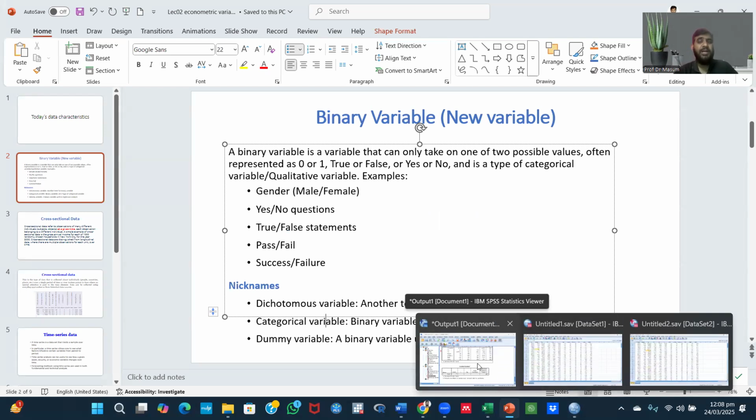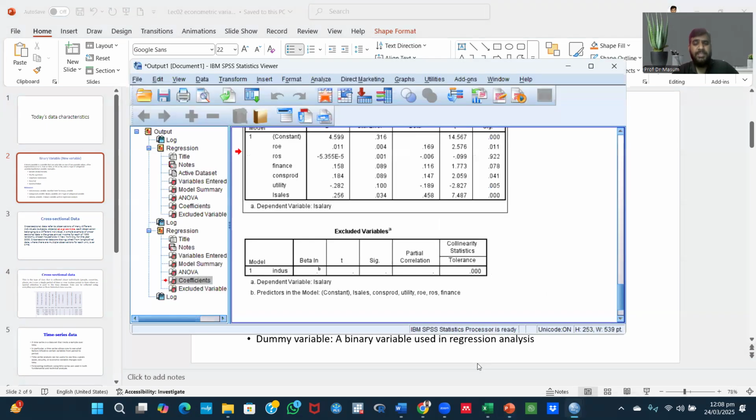Maybe you have got the idea of how to open, save, and close SPSS and how to calculate the econometric results. More explanations, more tests, more coefficients we will discuss